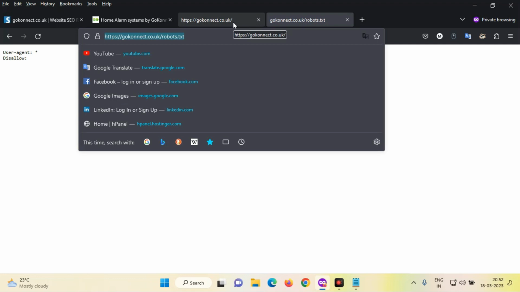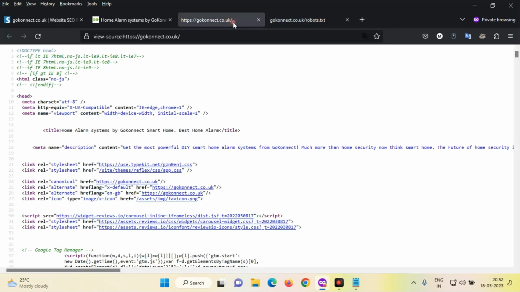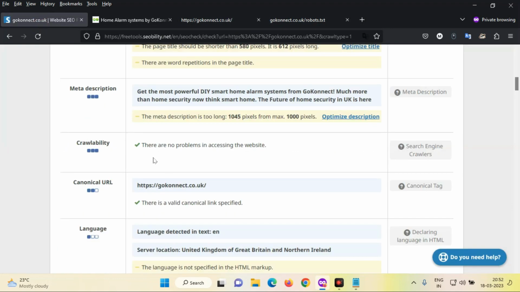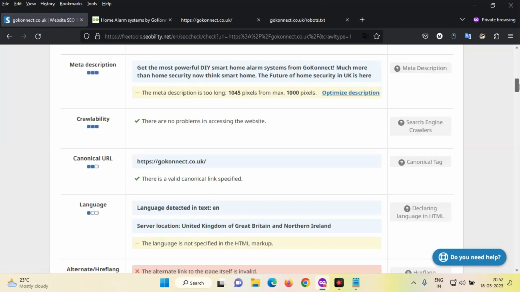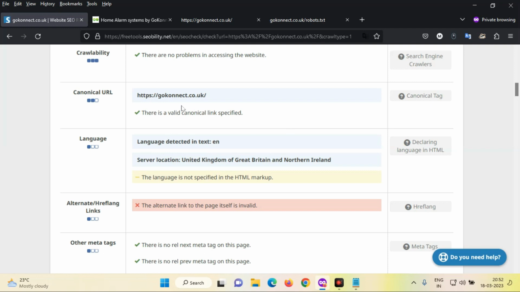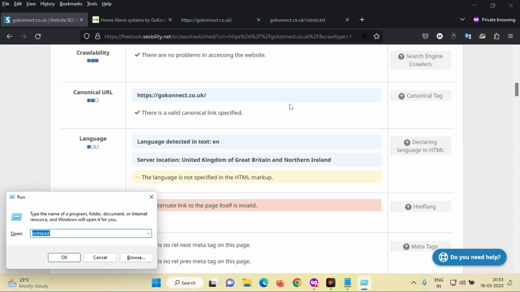Here we can see that the user agent is given as star, which means universal, for all, and it disallows nothing. Okay, so we can simply put this file on the hosting server itself. That will be a plus, and it will be readily noticed by the search engine spiders, and the site can be indexed very soon by the spiders. So here we see the crawlability has no problem, as the robots.txt file is there